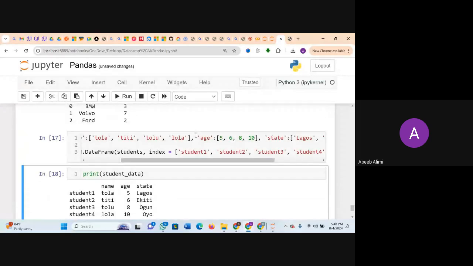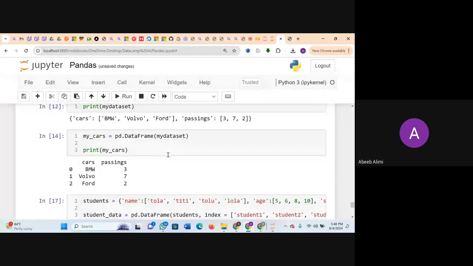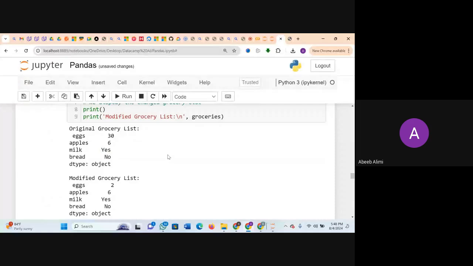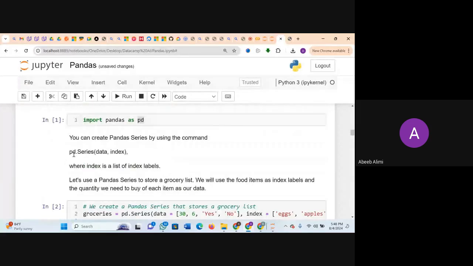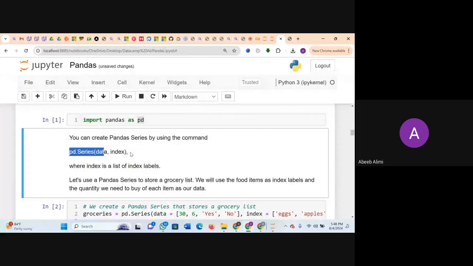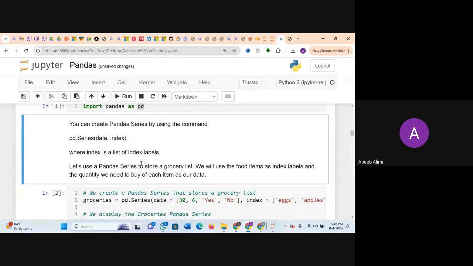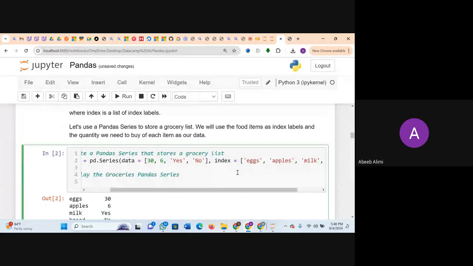Don't forget, this still follows the same thing that it has when we are creating our Pandas series. Remember the syntax for Pandas series. What do we say? pd.Series in brackets, data. Then the next thing is what? Index, right? And when we are creating it here, we say index equals this, right? So the same thing also.